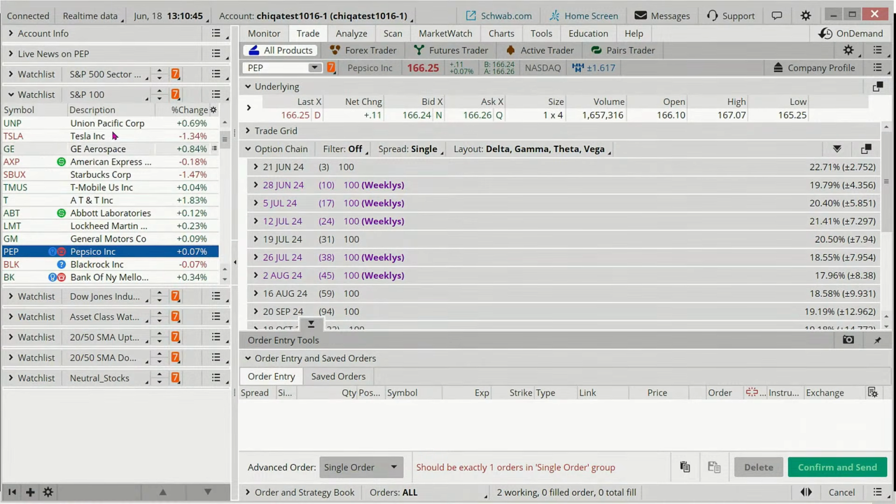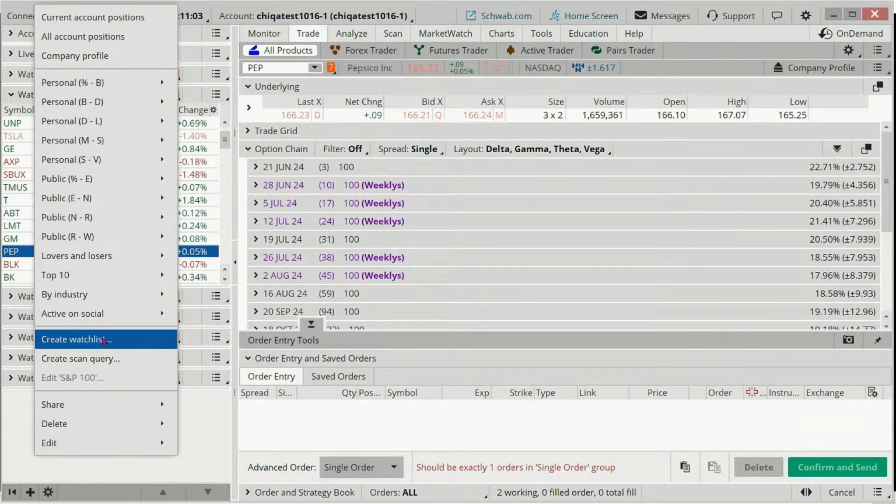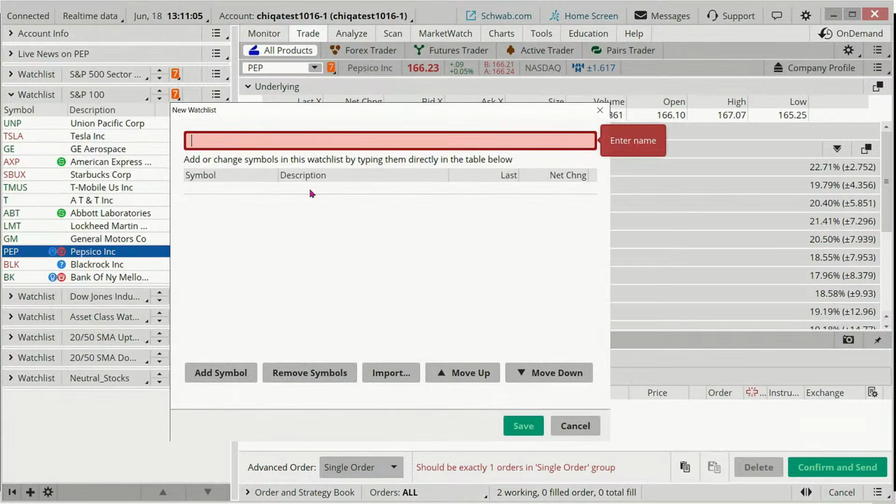Now let's talk about creating a watch list. You want to create your own watch list. How are you going to do that? Well, you can click right on the name of the watch list here. I'm clicking on S&P 100. I can go down here and just click on create watch list. Okay. Simple enough. Click on create watch list, and I'm just going to name this